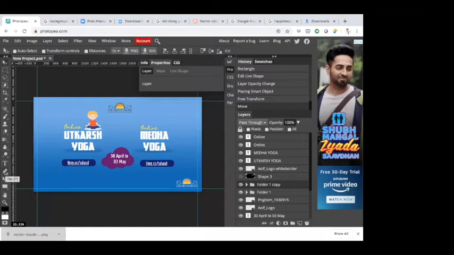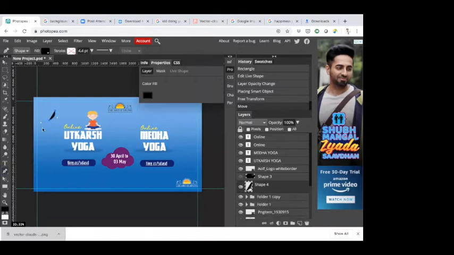I am also not much used to this. I hardly use it, but if you use this, you can actually make any shapes. If you are very much artistic, you can make any cloud from scratch. You can simply draw it, and you have that shape ready. As you can see, this shape is now made.